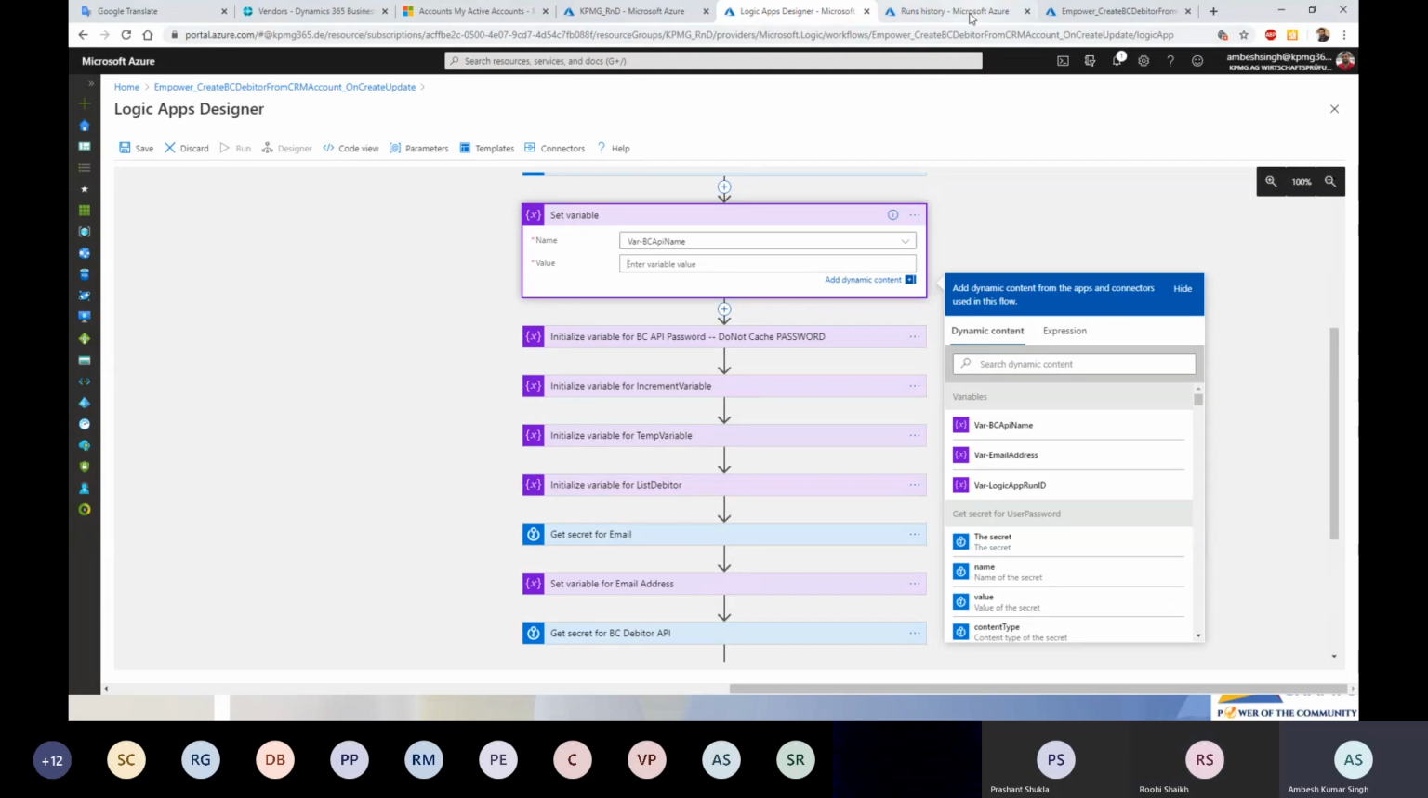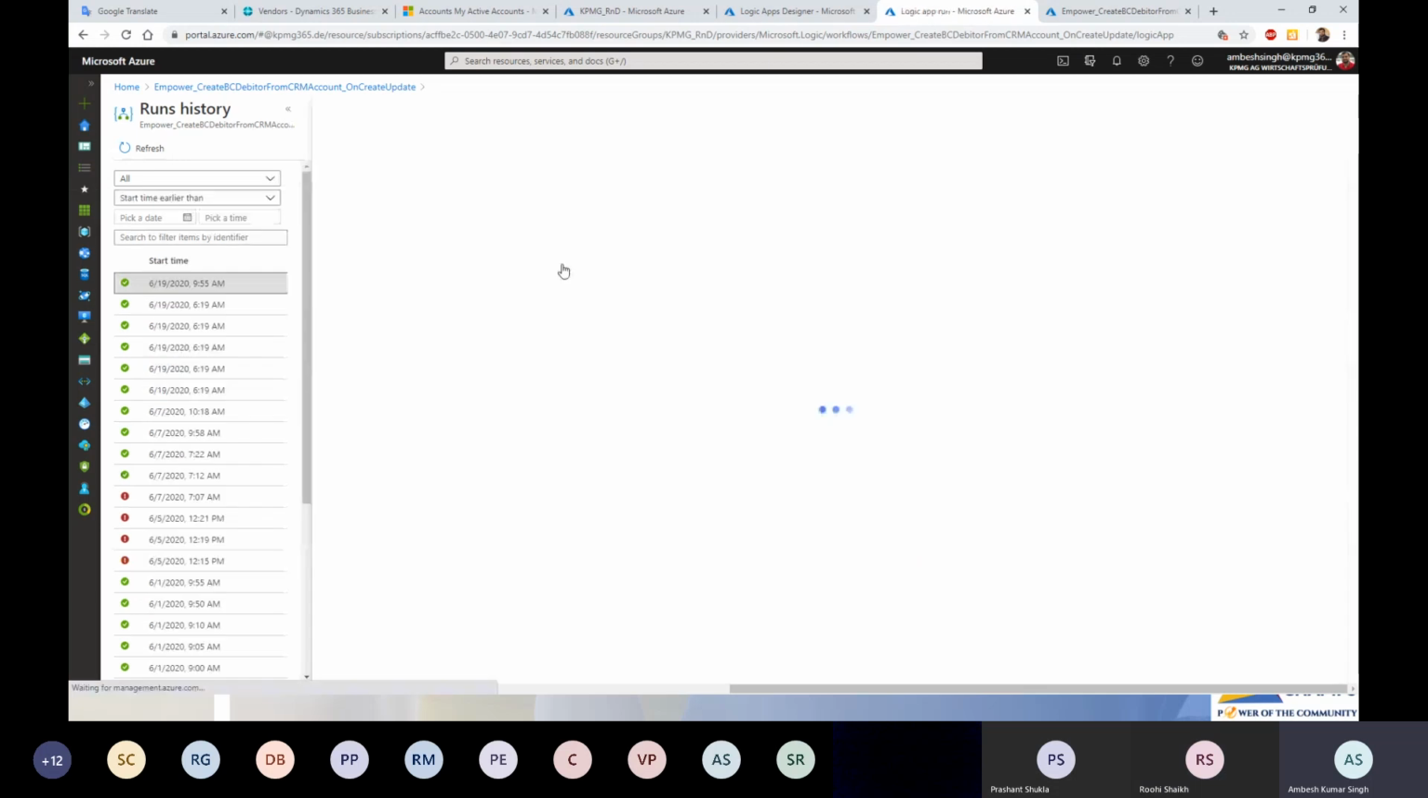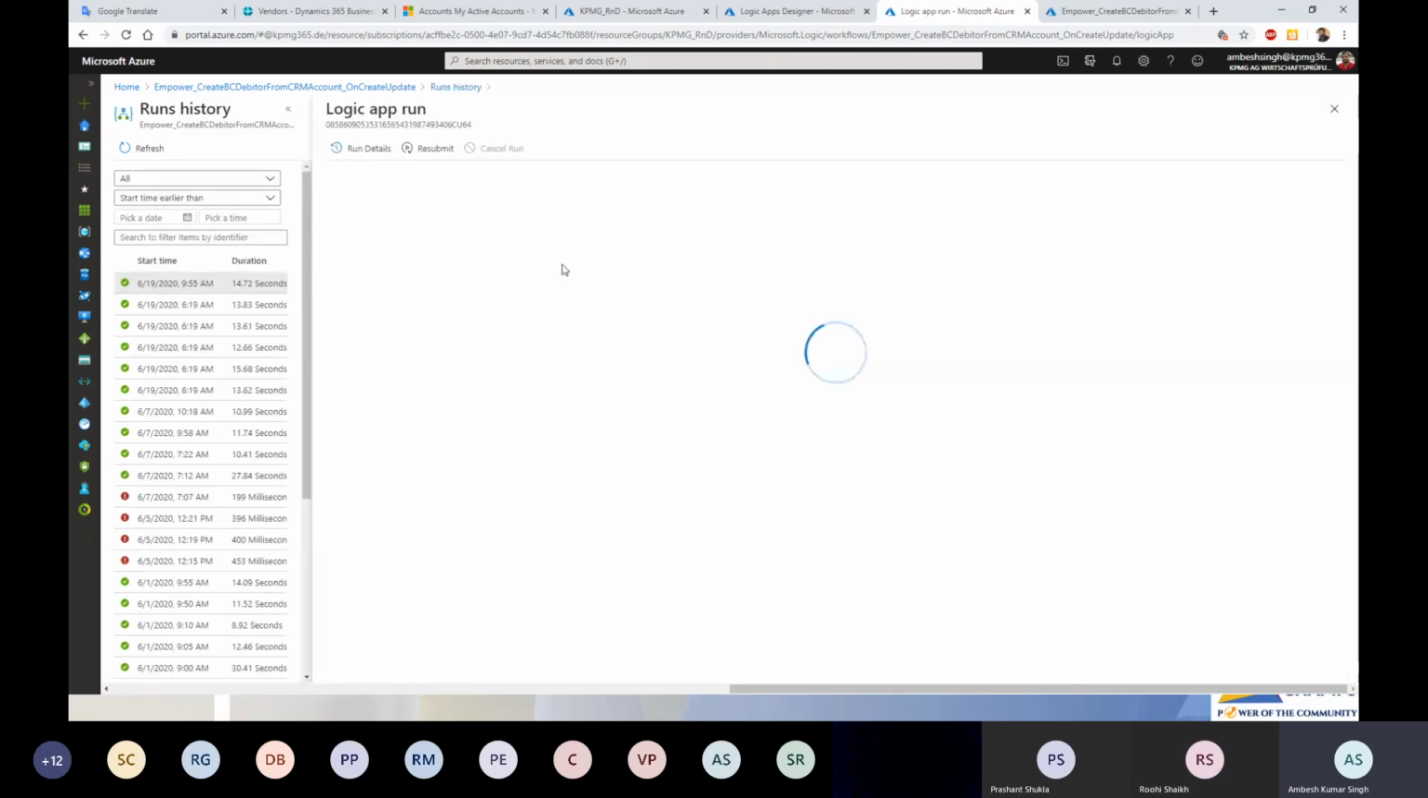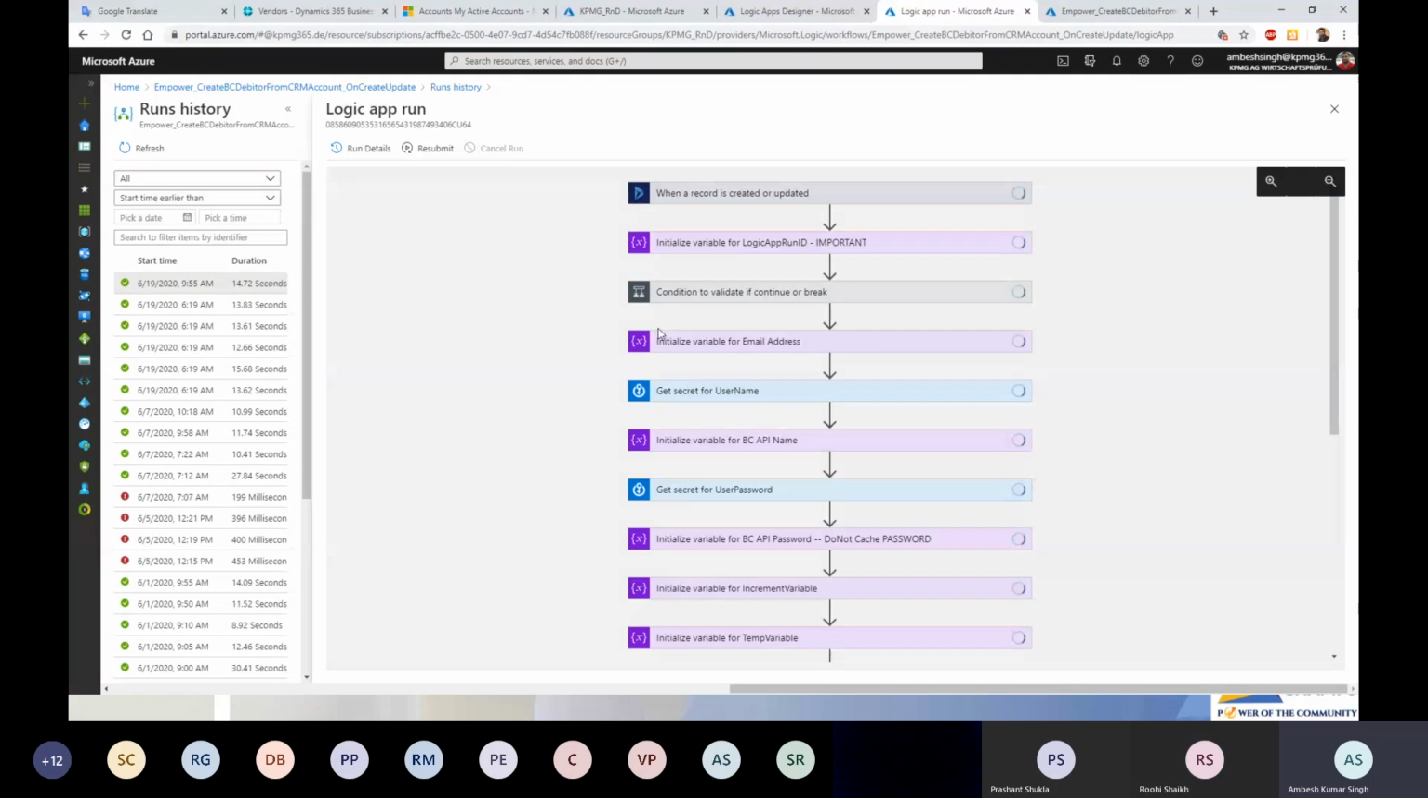And one thing I really forgot, and I'm sorry for that. Actually, you can secure your Logic App in a more prominent way in terms of the run history. In terms of the run history. So, for example,